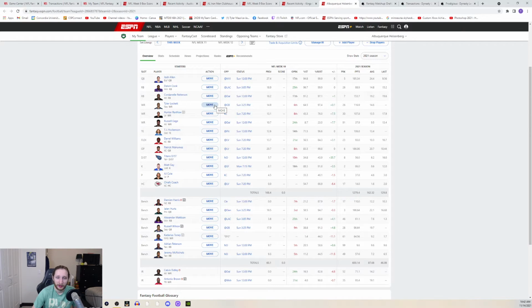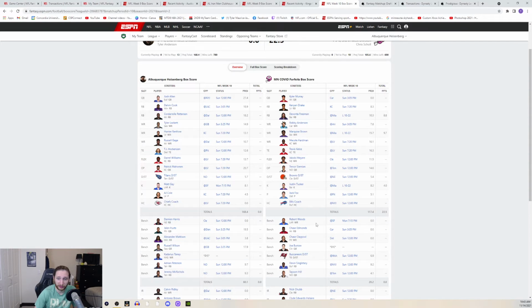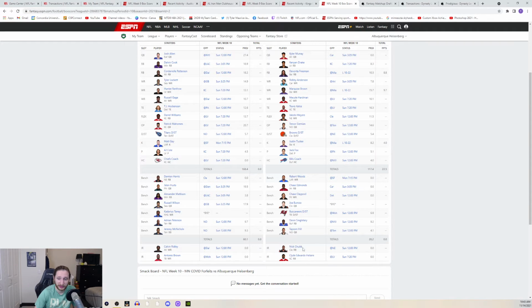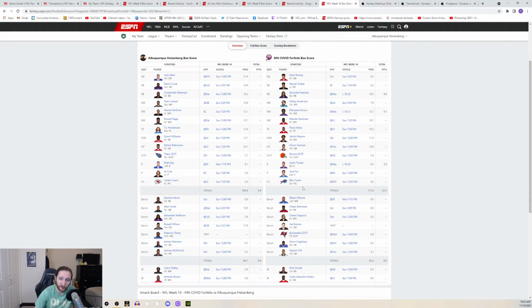Tyler Lockett. I've been starting him in this league, even through his struggles and through Russell Wilson getting hurt, just because I don't really have a lot of other people to play. So I actually like Tyler Lockett this week, though, against Green Bay. I think with Russell Wilson back, hopefully they can find each other for some big plays. Hunter Renfrow, he's been a nice, solid addition to the squad, given the injuries I've had to my receivers. So I'm off to a pretty good start here. Plus, he's missing a couple players. Yeah, this is looking good so far.